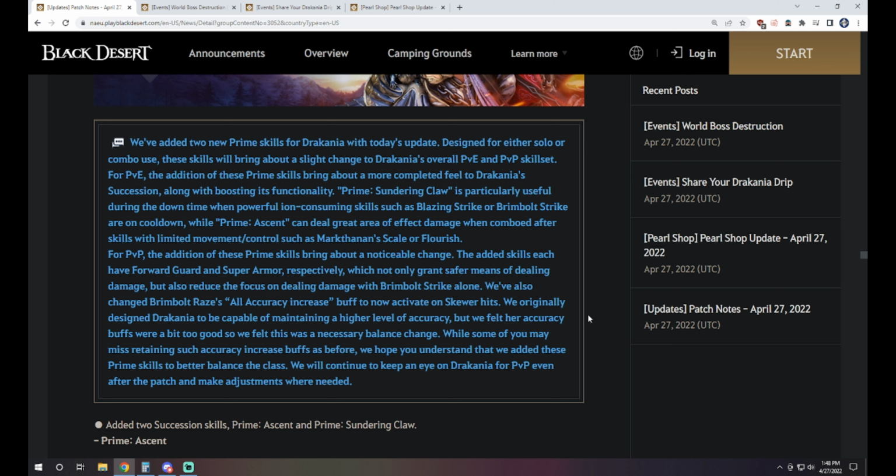These skills will bring about a slight change in Drakania's overall PvE and PvP skill set. For PvE, the addition of these prime skills bring about a more completed field to Drakania's succession, along with boosting its functionality. Prime Sunder and Claw is particularly useful during the downtime when powerful ion-consuming skills such as Blazing Strike or Brimbolt Strike are on cooldown, while Prime Ascent can deal great area of effect damage when comboed after certain